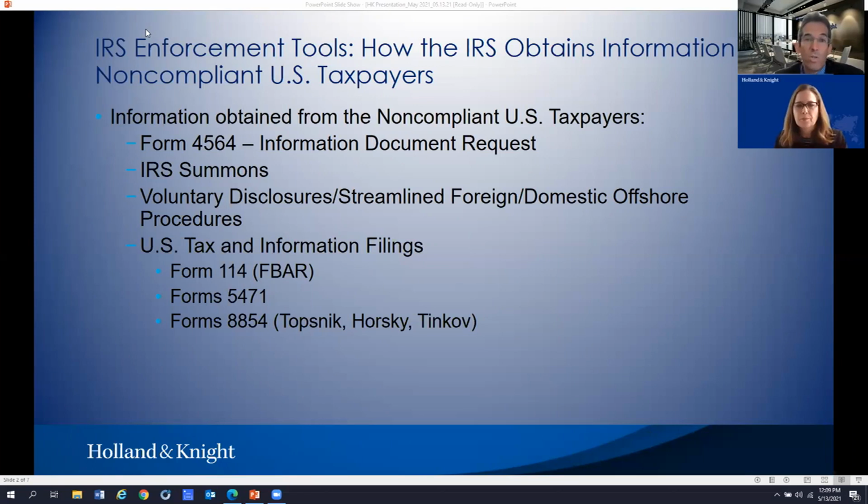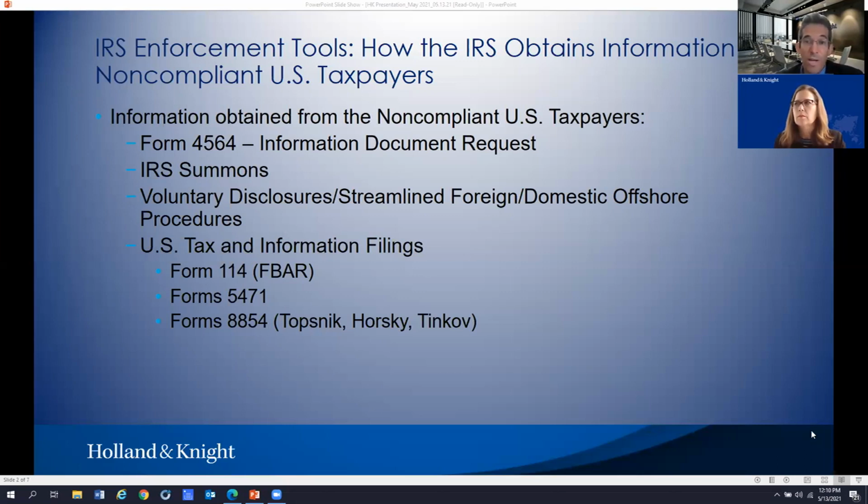Gerd Topsnick was a German national who was a long-term green card holder. And he left the US, didn't file the appropriate forms to signify that he was renouncing or giving back his green card, and entered into an installment agreement, got a lot of money. Well, lo and behold, because he didn't do the right things, he was still taxed on the installment proceeds in the US. Moreover, because he hadn't filed the 8854, when he finally got around to doing it, the remaining installment agreements were part of the exit tax. So he got a double whammy from not doing the appropriate things.